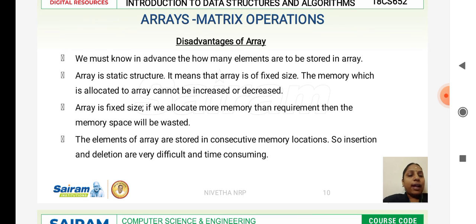And I cannot store more than 100 elements in the array since I have declared the array size as 100. So this is a major drawback we have here. The memory will be wasted if I am not using the allocated memory in the array, and that remaining space cannot be utilized by any other program. That is the major drawback we have in arrays.